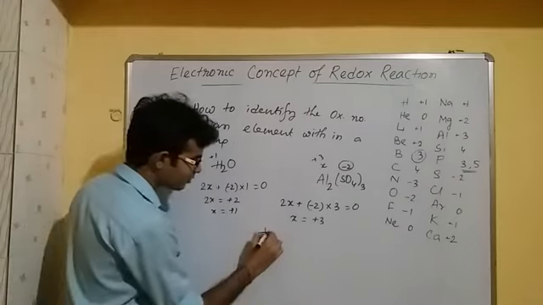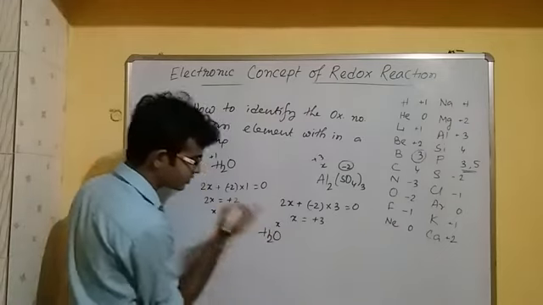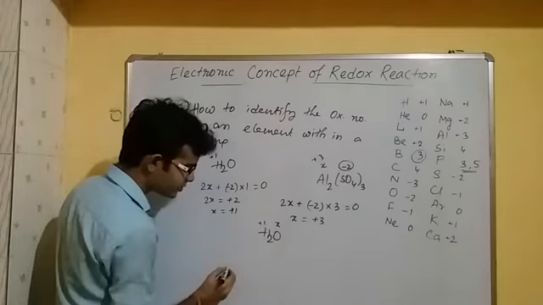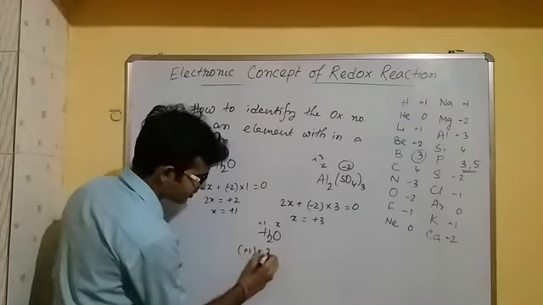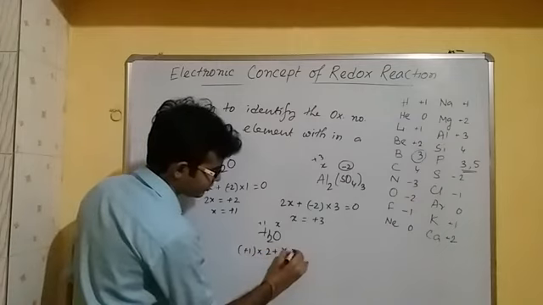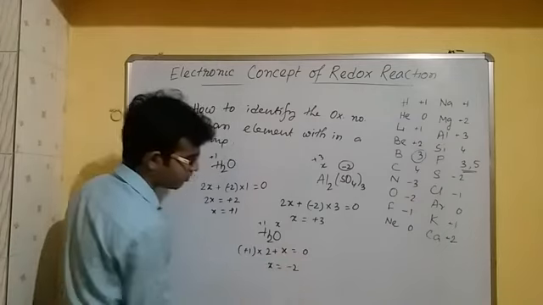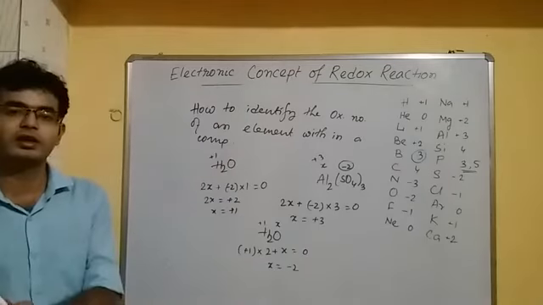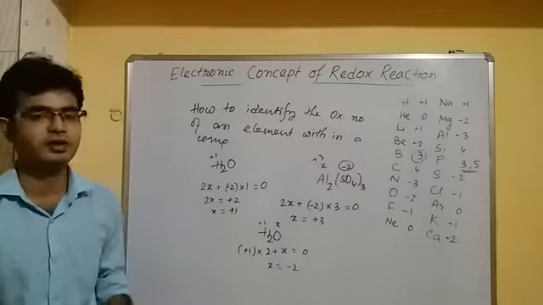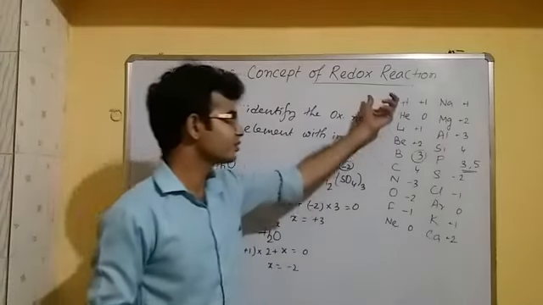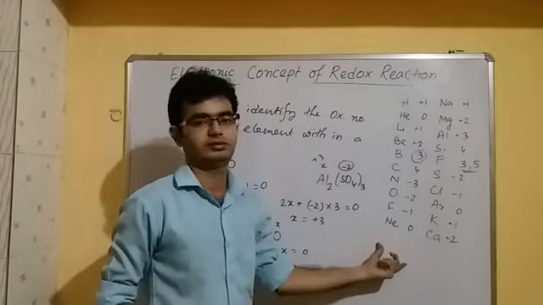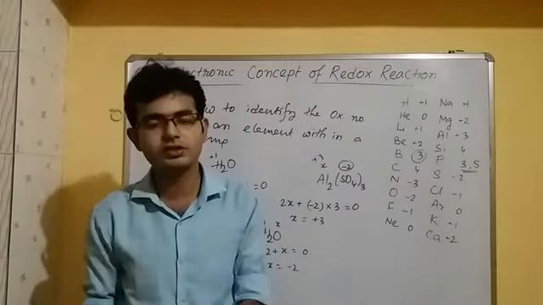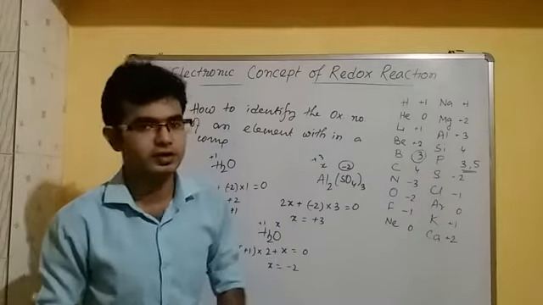Now suppose in case of water, you have to identify the oxidation number of oxygen. Let it be x. We know that in case of hydrogen it is +1. There are 2 hydrogen atoms, that is into 2, plus x is equal to 0. So x is equal to -2. Thus you can identify the oxidation number of an element within a compound if the oxidation number of the other element is known. How will you know the other element's oxidation number? There is a list from which you will get the oxidation number of so many elements, by using which you can identify the oxidation number of the other element easily.